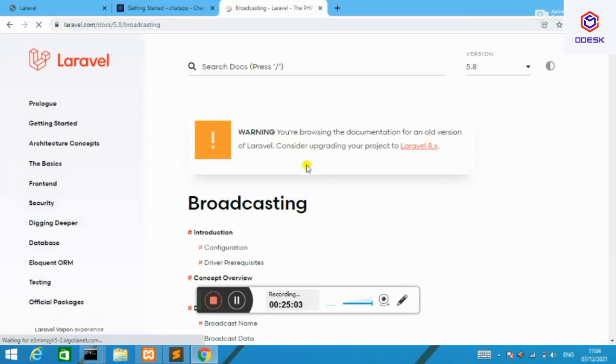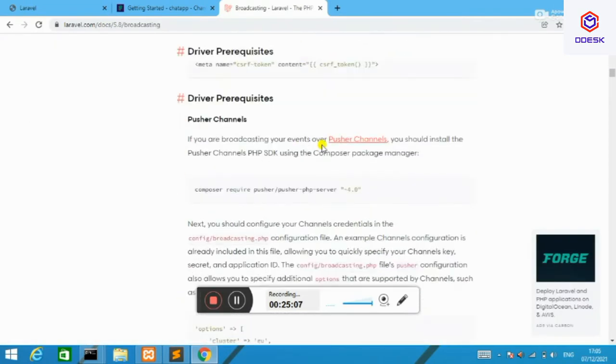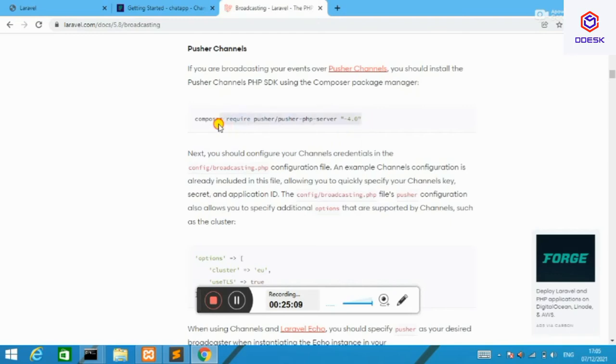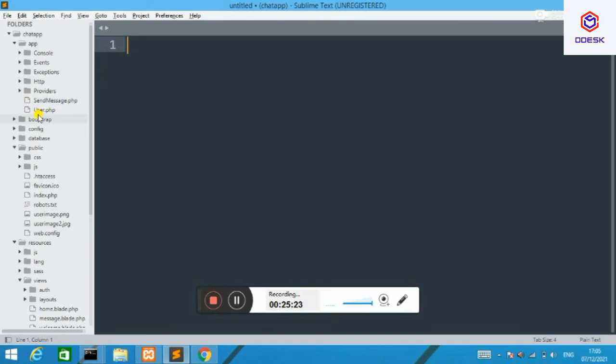Click on broadcasting and see the broadcasting library installation link. Copy it here. You can see the 4.0 version is compatible with the Laravel 5.8 version, and paste it here. Let it download.